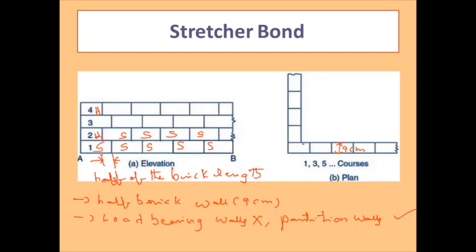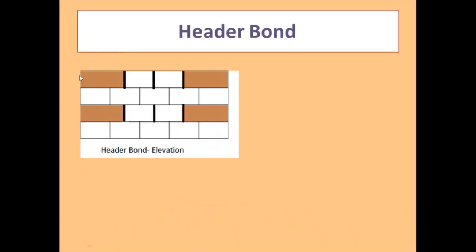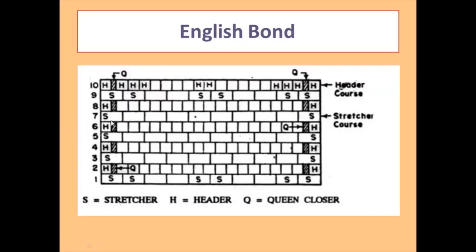Okay, so lap length is 9 centimeter and thickness of the wall is also 9 centimeter, and this should be used only for the construction of partition walls as the wall thickness is very less. Header bond. In case of the header bond, we should completely place the headers. So whatever the first course is there, that must completely consist of the